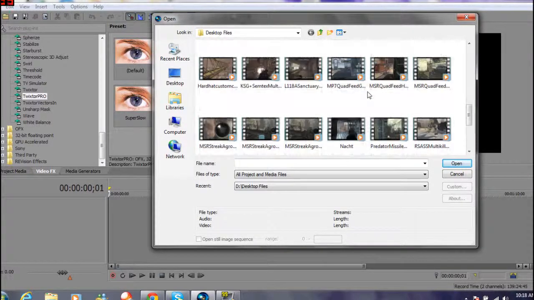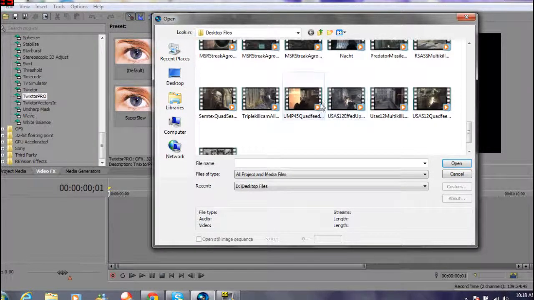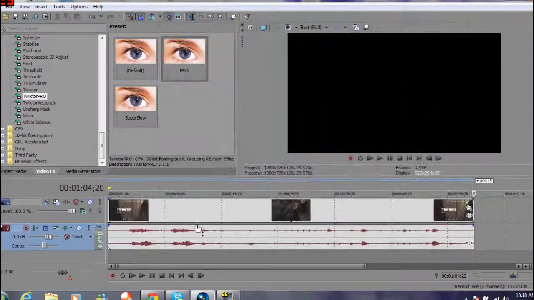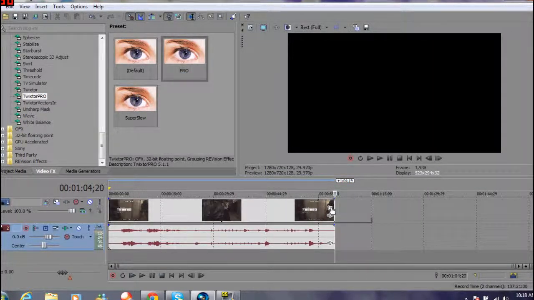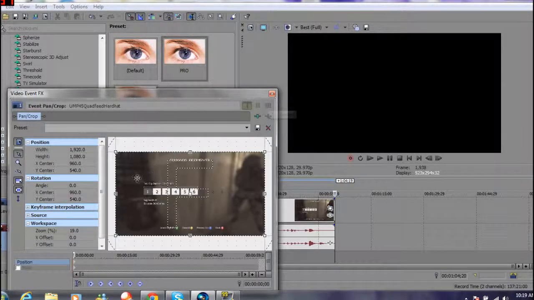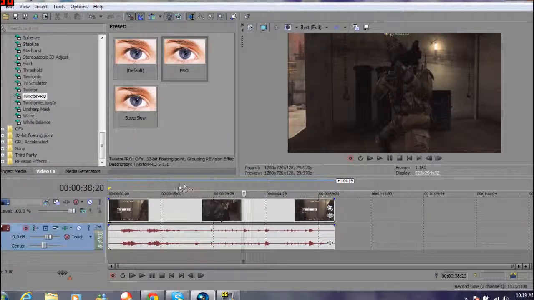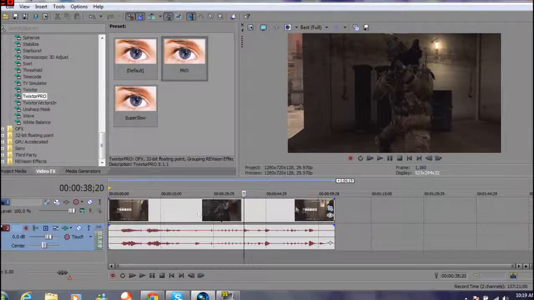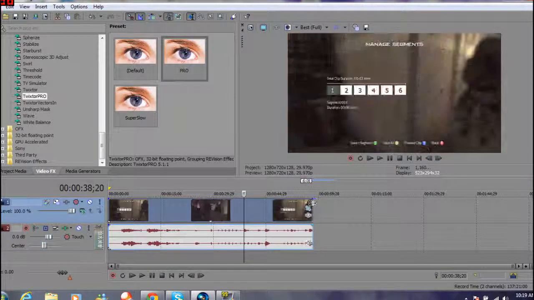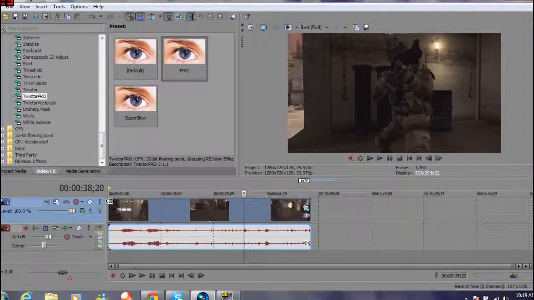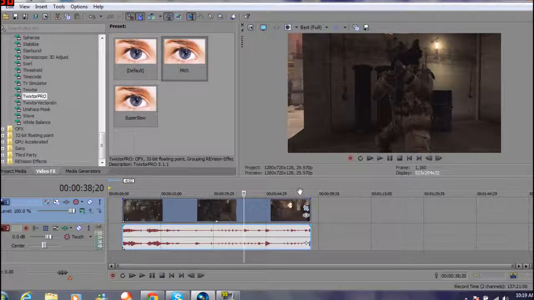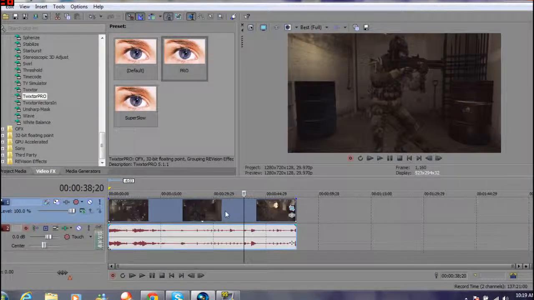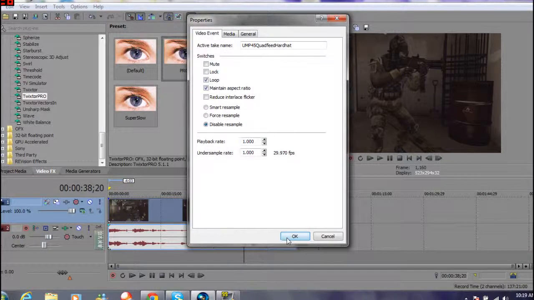So I'm just going to open up a random clip here, anything at all. This will be good. So I'm just gonna touch up the clip, and I'm actually going to do something here that involves event pan crop. Some PVRs leave a black line on the left side of it, so usually to fix that, I zoom in just a little bit, and then it's gone, and there you go. That's one problem solved, and that really shouldn't affect anything that you do after that to event pan crop it or anything like that. So anyway, I'm just gonna touch up the clip here, get rid of theater mode things,